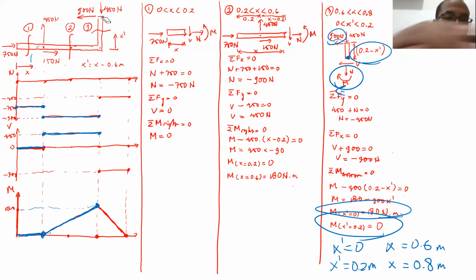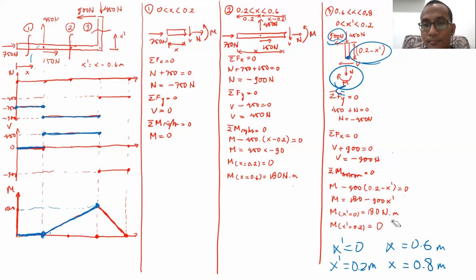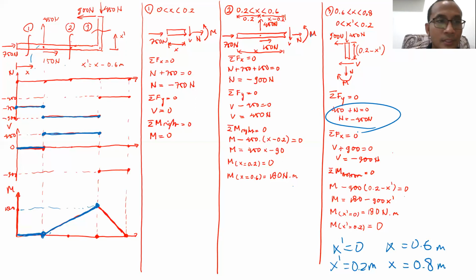Then we will move to the diagram. The normal force there is minus 450 newtons for x equal to 0.6 until 0.8, or the same as xn equal to 0 to xn equal to 0.2. This one, minus 550 is